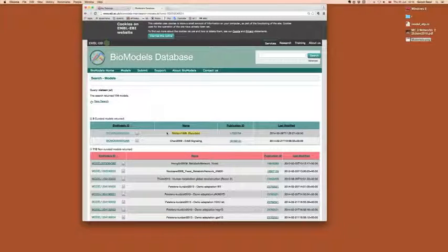Now, in order to access these models, we need to click on the BioModels database identifier for this model. It's actually number 42, and you can recognize the ID by its prefix, which is BIOMD. So these are all the IDs that are given to entries in the BioModels database. BIOMD, with the last number 42, so it was one of the early submissions to this database. Just click on it,